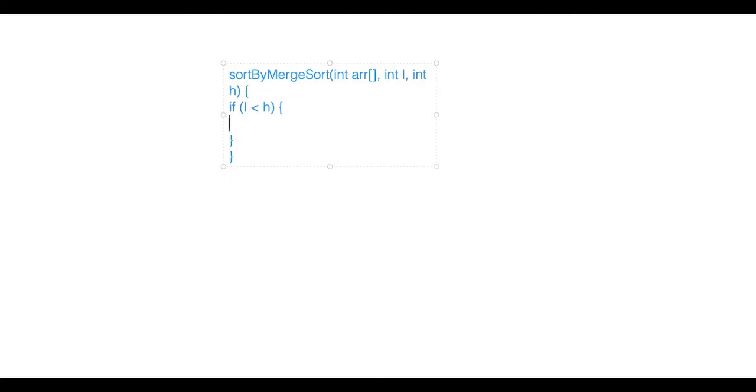So then what we'll do? Here we will always compute the middle, and the formula for middle is really simple: L plus H by 2. It will also depend on how you are taking L and H. For example, if your H is the last element, then it will be L plus H by 2, or if you are taking the size as H, then it will be L plus H minus 1. Such improvisation you might be able to do, right?